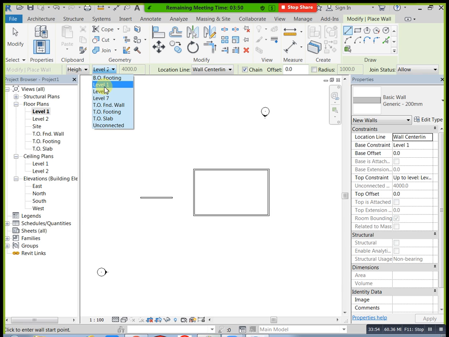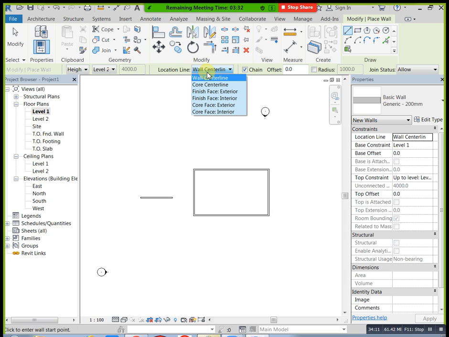After that, you will select here location line. Location line means you need to draw your wall based on center line, or based on left or right. Just you can see here, we have one blue color dashed line. Blue color dashed line means nothing but the wall center line. For example, you need left reference.